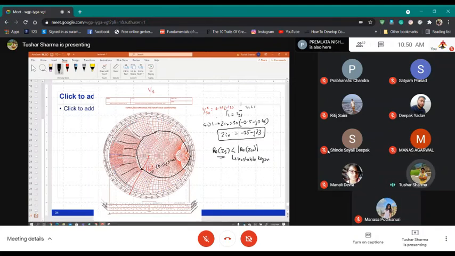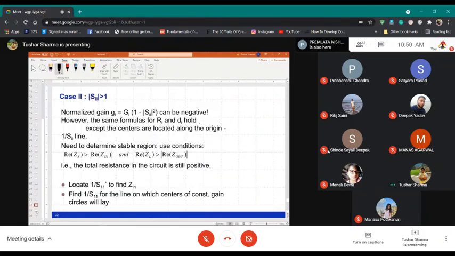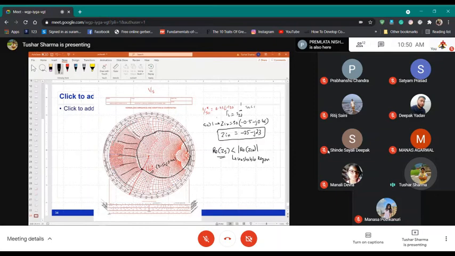मैंने यहाँ पर ये दिया है ना कि it's stable if ZS is greater than Zin, right? तो greater than Zin वाला एरिया है ये, so ये तो हो गया stable and this all is unstable. Okay. Now it is saying that we have to plot gain circle of GS is equal to 5 dB and GS is equal to 3 dB. You have to plot these gain circles.